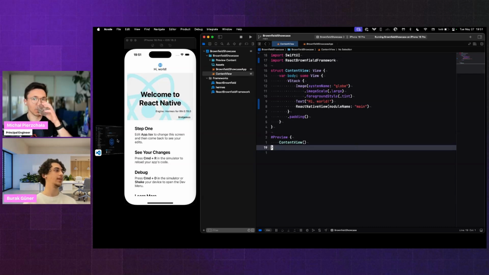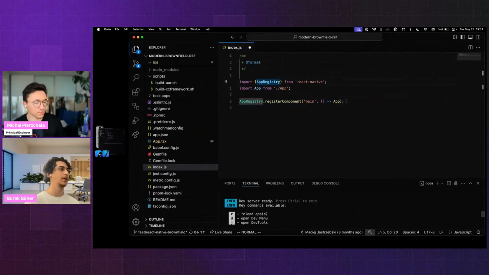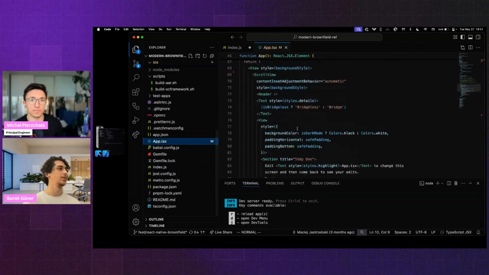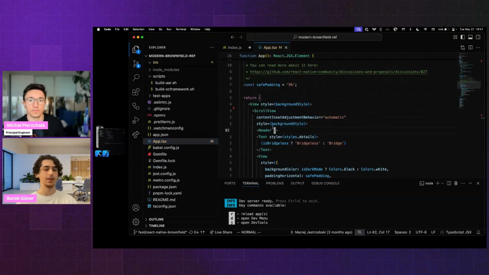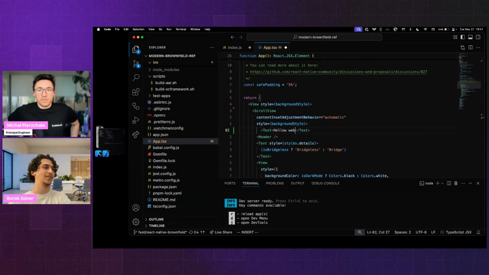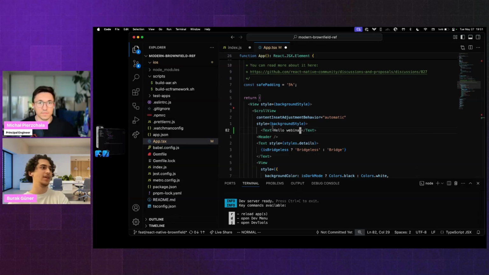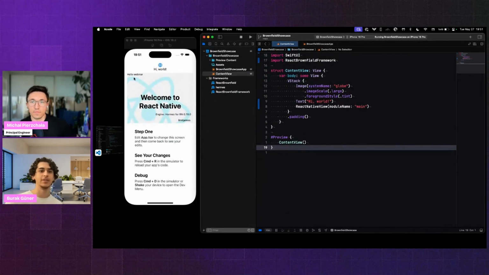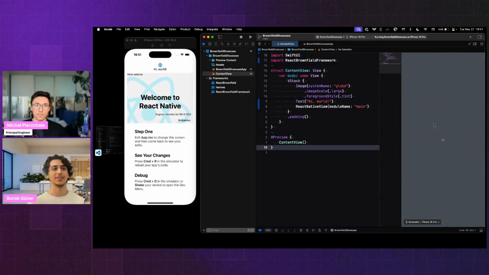So let's go to the JavaScript code and change something. We can add the text. Hello, webinar. 1, 2, 3. Okay, I'm going to save it, and it's right here. Hello, webinar. And so here's something really cool that I just realized. If I go here and hit canvas, and if I resume my SwiftUI preview,